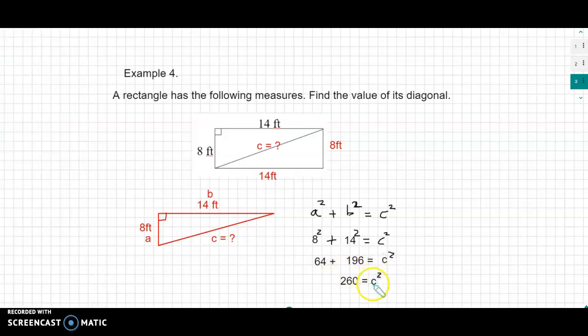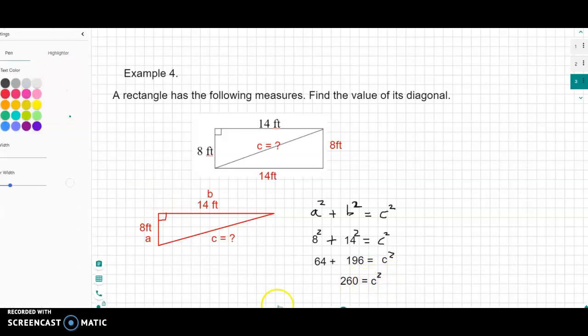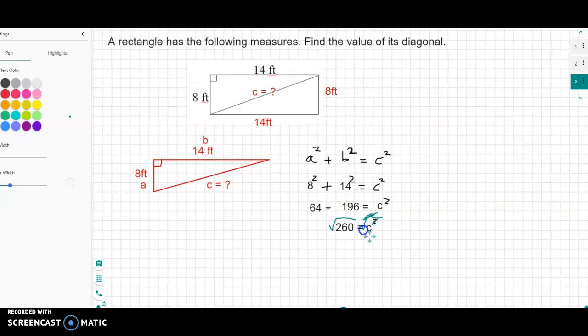Remember that we need to solve for C, and the way we can get rid of the exponent is by taking the square root. So we take the square root here and the square root over here, and that way we cancel the exponent 2 with the radical sign. So if we take the square root of 260, that will be